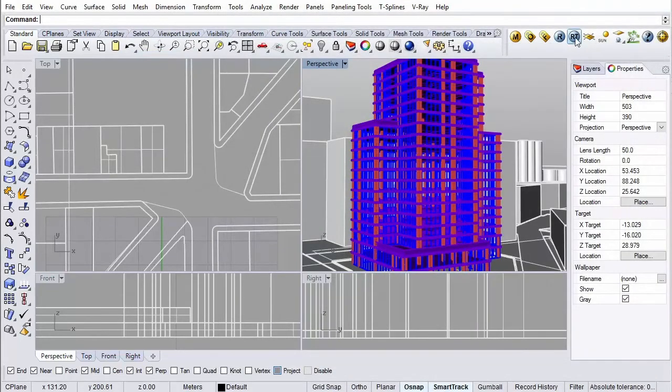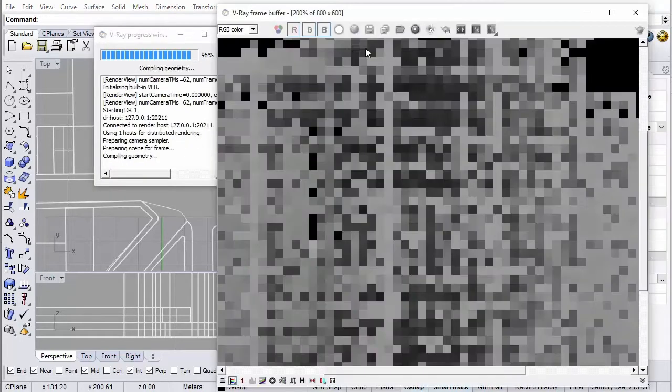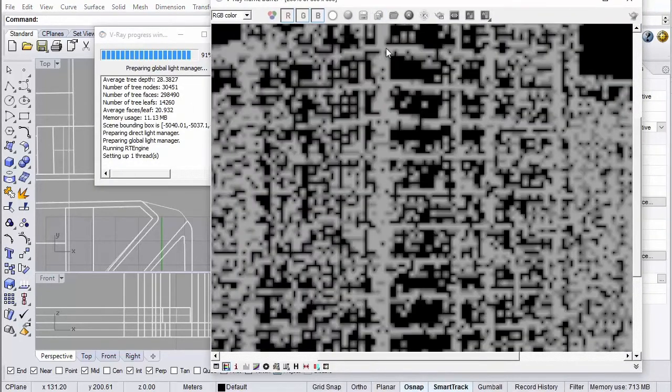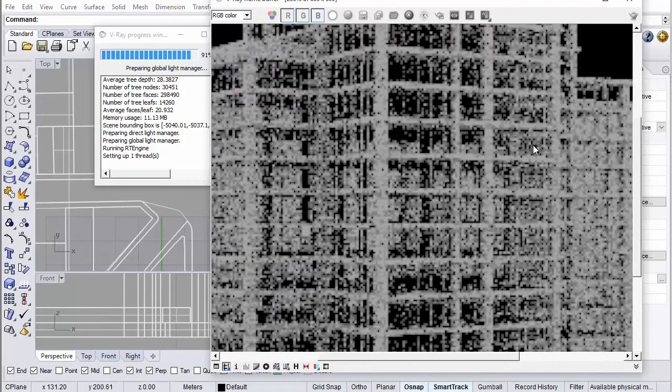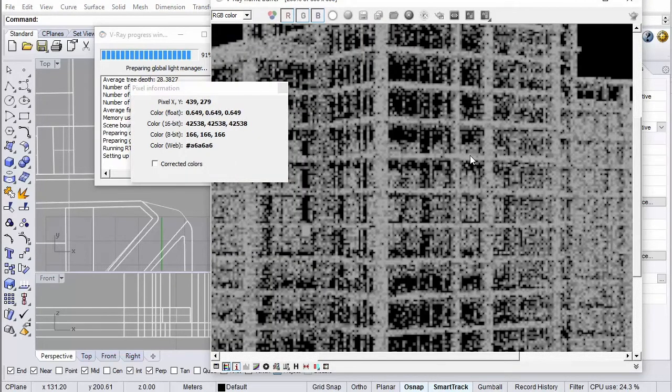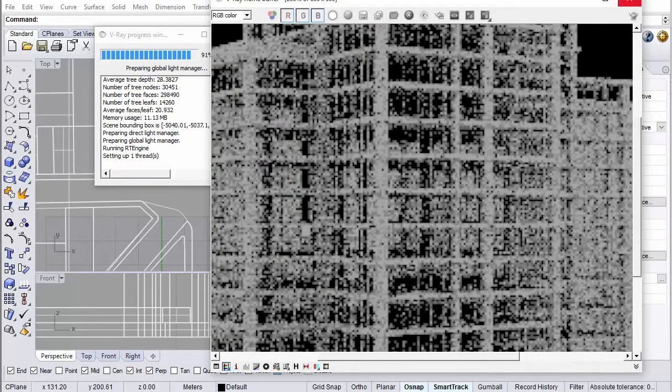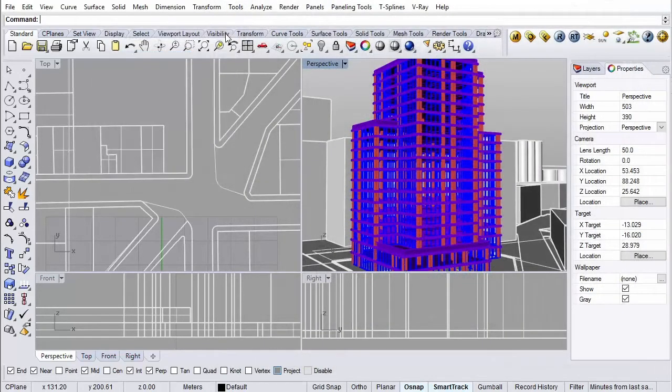Then there's a V-Ray real-time render, which is a really, really quick render of low quality, which you can use to check render settings. But it's by no means a final quality. But it's a really useful tool.